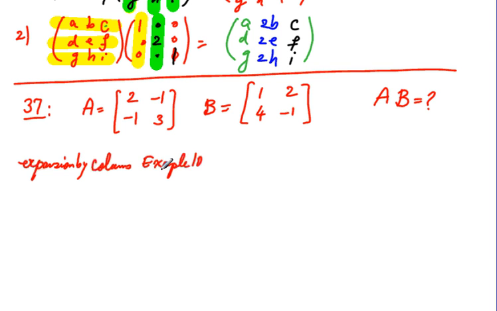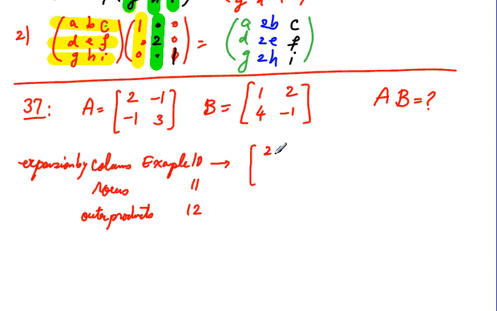And then expansion by rows. That's example 11. And the outer products, that's example 12. Okay. Expansion by columns says,